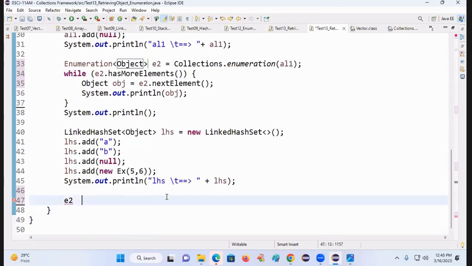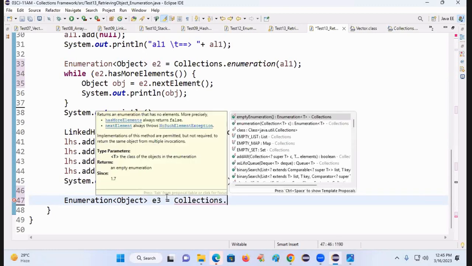Okay, and now I am taking linked hash set here. Enumeration of objects E3 equal to. You want to obtain enumeration on which collection? A collections framework collection. So what should I write? Collections dot